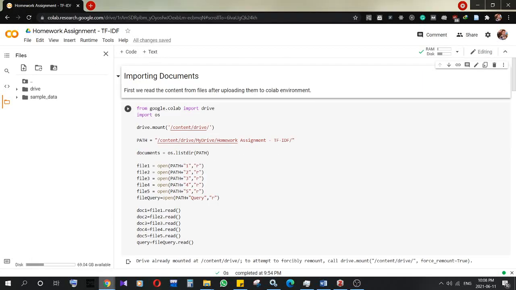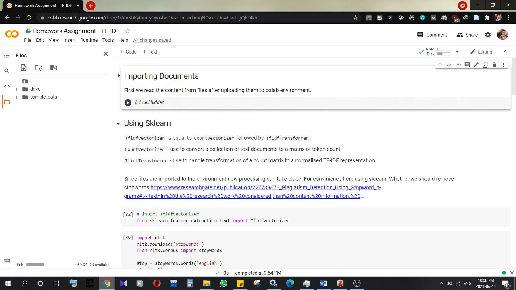Hi, so today I will show how to find plagiarism on documents. This was the assignment given to us by the data analytics course I am following. Before we dive into the code,